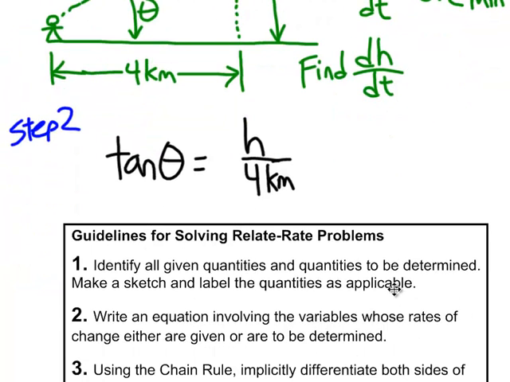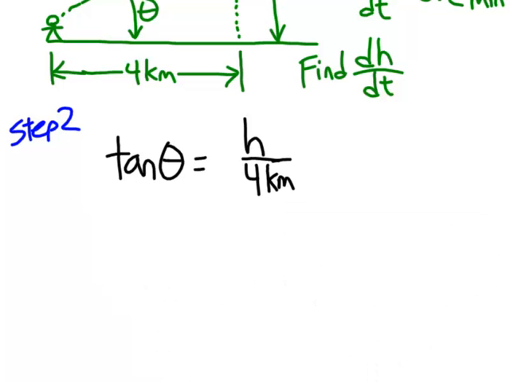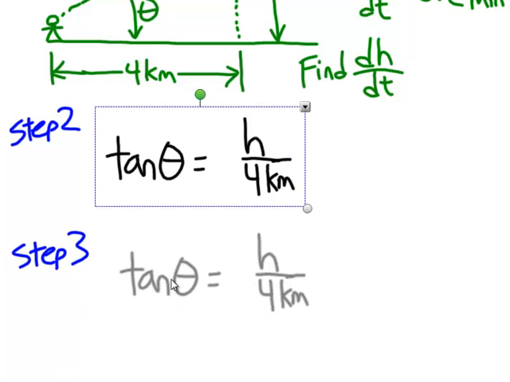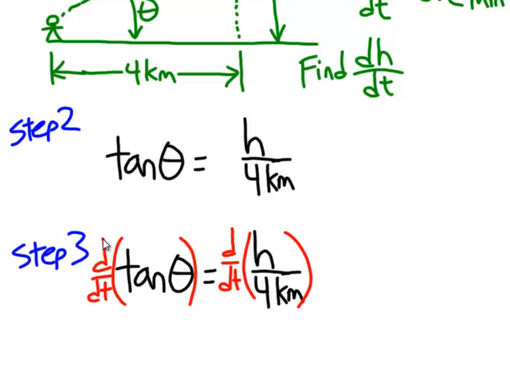So, step 3. Using the chain rule, implicitly differentiate both sides of the equation with respect to time t. All right, step 3, let's copy this on down here. And in step 3, we do d over dt of both the left and the right-hand side of the equation. And when we derive tangent, we get secant squared theta. And since theta and t are 2 different variables, we write times d theta over dt